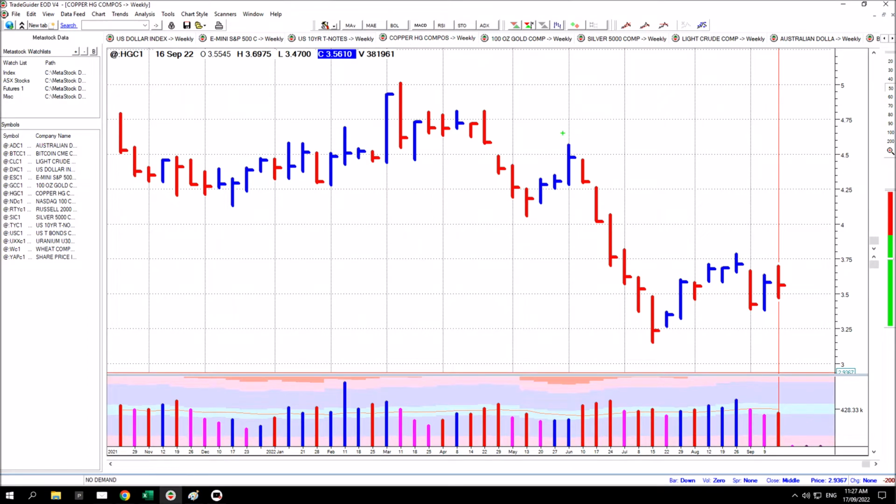Copper price futures. The breakdown line is right up here and well out of the way at the moment. There was some buying support come in here. The price moved up, tested for supply, and looked like it was going to head higher, but it was caught by the volume